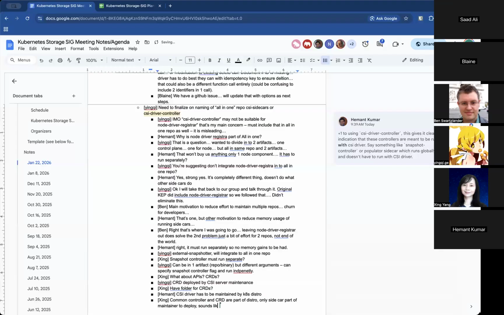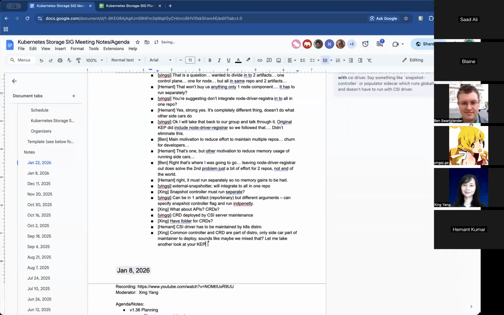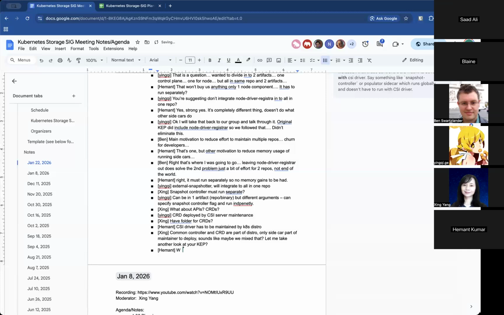Okay, I'm going to take another look at your cap. I think we have to consider whether it is worth integrating the snapshot controller into the sidecar repository. But there is also a lot of common code between the snapshot controller and the snapshotter sidecar. So if you separate them, it's also not good.